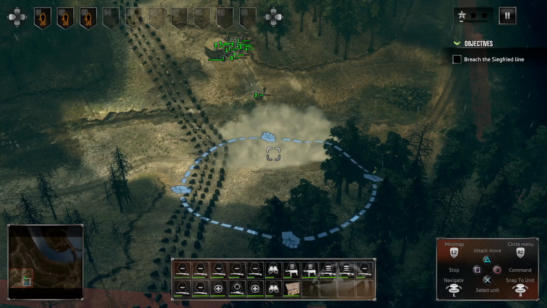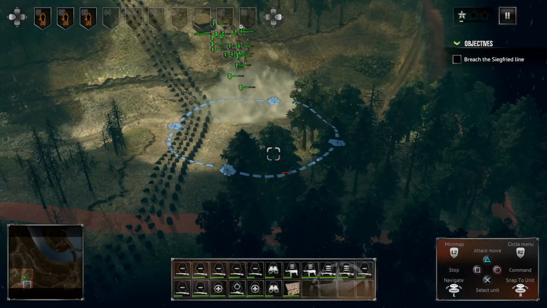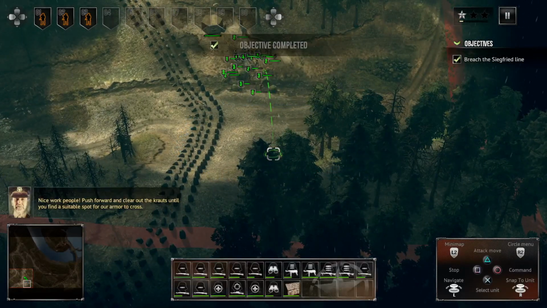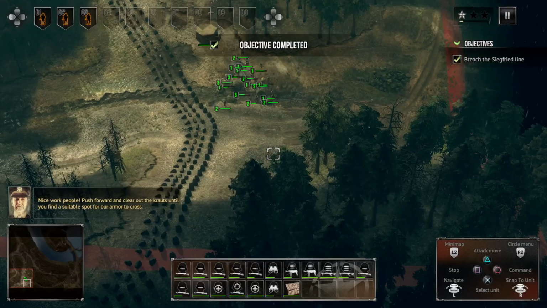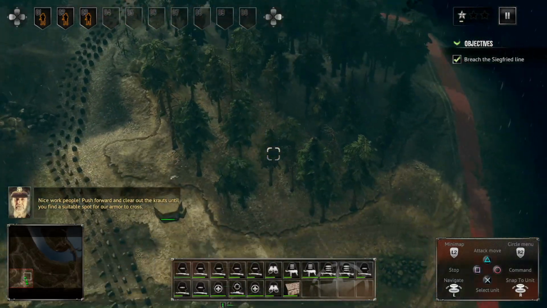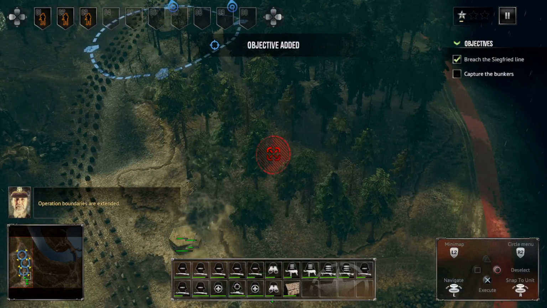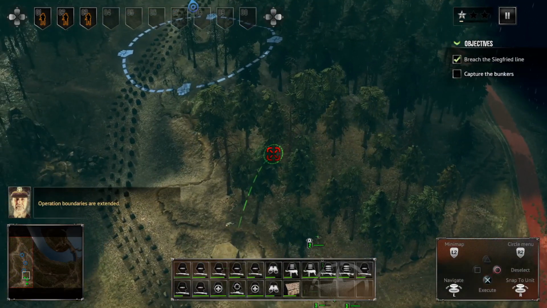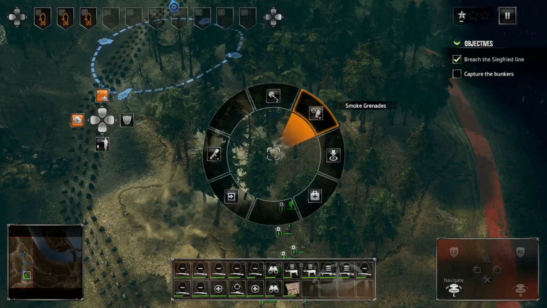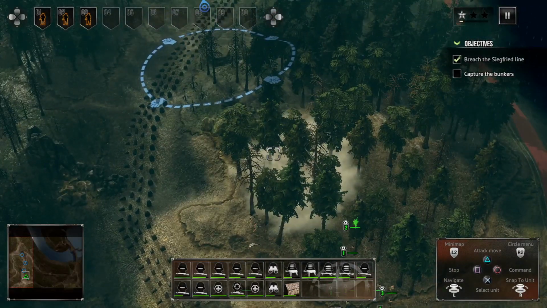And of course, always remember, try to use a combination of smoke grenades and regular grenades to move your position forward and clear out the problem. So, okay, we've got armored cars right here. Now we're going to go this way, and we're going to use smoke grenades to hide what we've got, and a few more smoke grenades, and then we're going to take our troops up